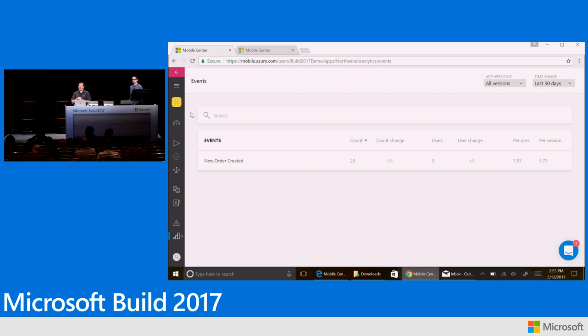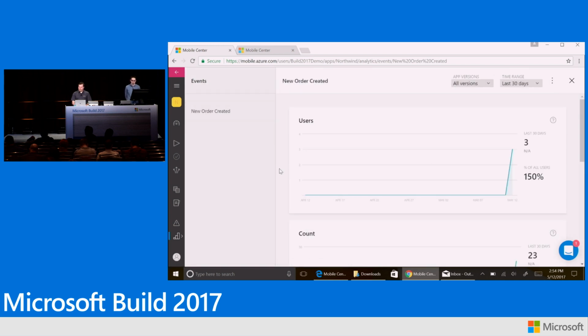And custom event telemetry allows me to track any user behavior or any application behavior independently and really see what the impact was. And so I actually instrumented the app to show when the new order creation form was completed. I actually fire an event to show every new order that was created. And so here you can see some basic statistics like the overall count and the number of users who have